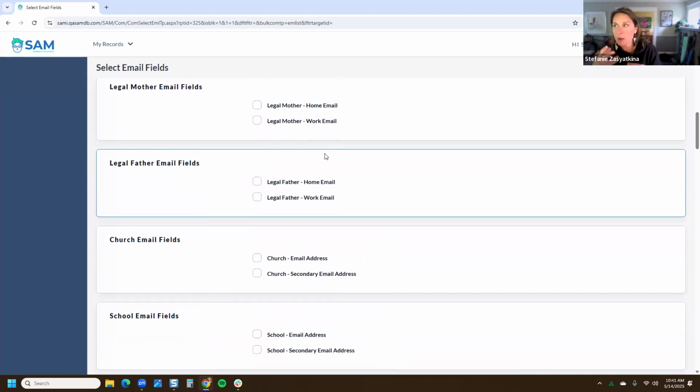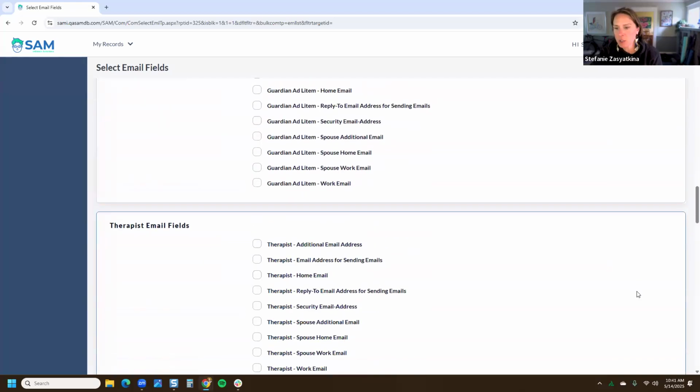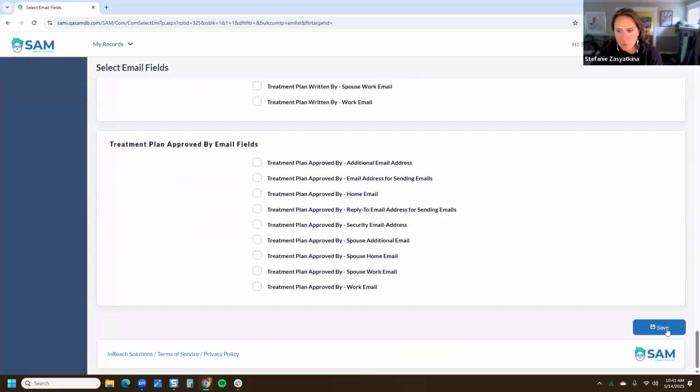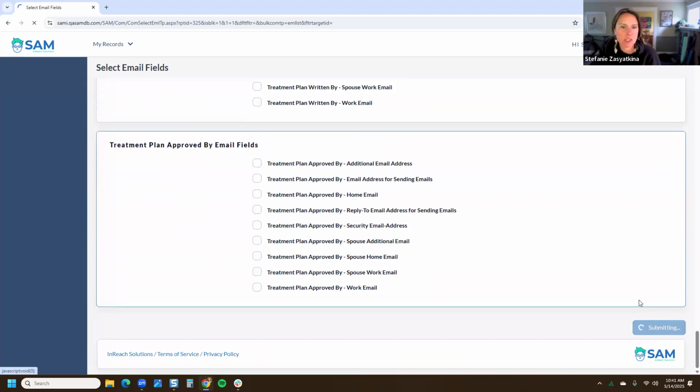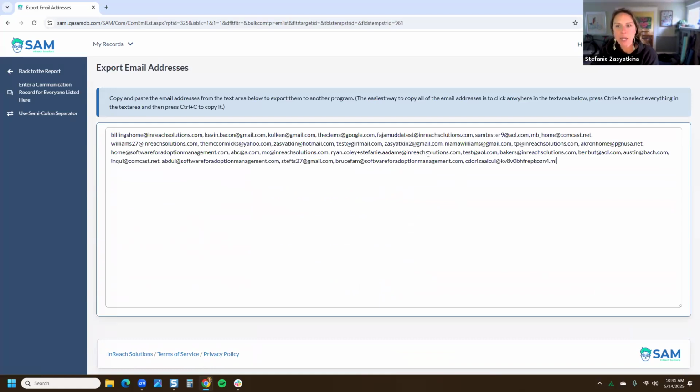So if you were pulling on contacts and supports, and it's literally anybody that is connected, you could pull that data, those emails, and it's pulling specifically email fields. I don't know if we're going to have any records here or not, just because I don't manage this data really well in our test site. But here's a bunch of email